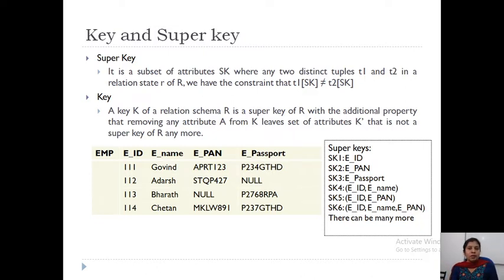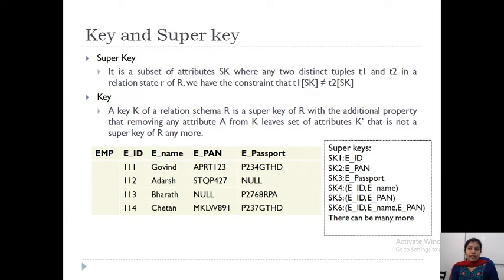It is not possible because two different tuples have null values for passport. In that case, I can't consider passport as the super key. But if I consider only these 4 tuples in the relation state, then I can take employee PAN and employee passport as super key.